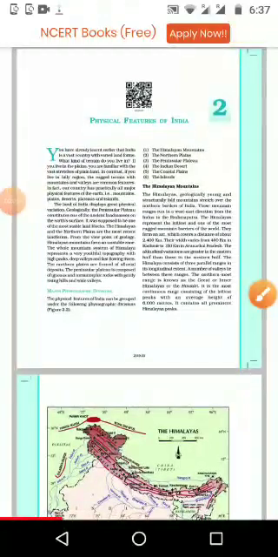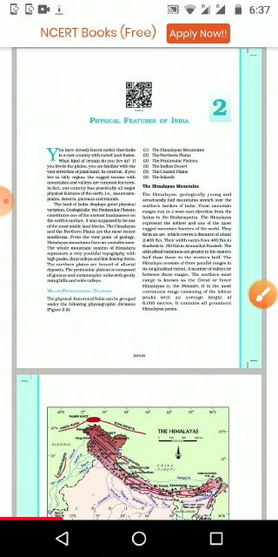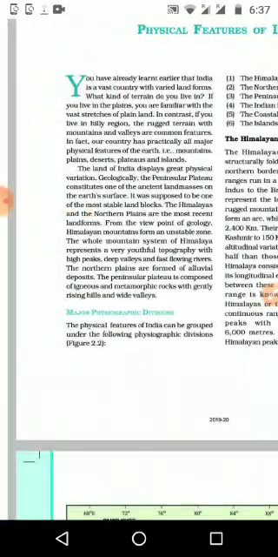Very good morning, students. Today we are going to see the second chapter of geography, that is physical features of India. Physical features of India, and this is the QR code of your lesson. You have your textbook with you, so you can see the topics we want to study. The physical features we studied in smaller classes, our plateaus, plains, and other things. Same thing we want to study, but in a detailed way.